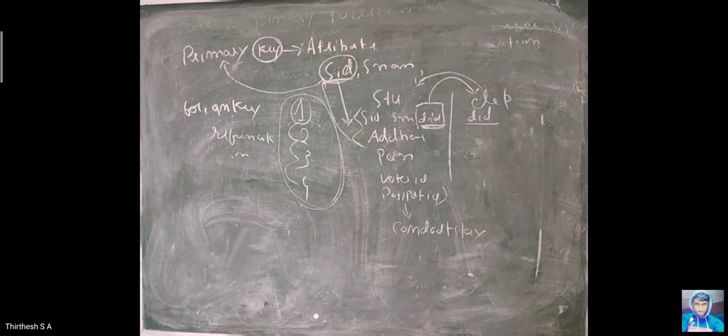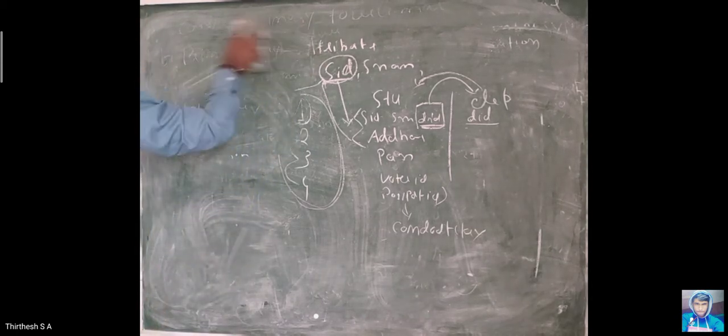This is about the different kinds of keys. Why I explained this here is because normalization is mainly done with the help of those keys. So we can discuss that later also. Okay, so I hope you understood what normalization is, right? You guys understood, right? So now let us move to the different types of normalization: first normal form, second, third, and BCNF.